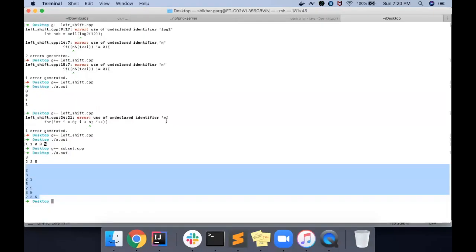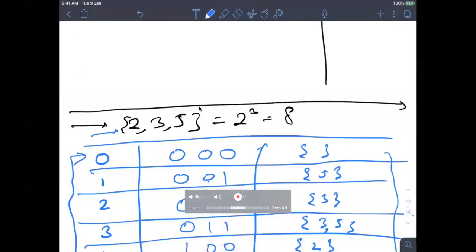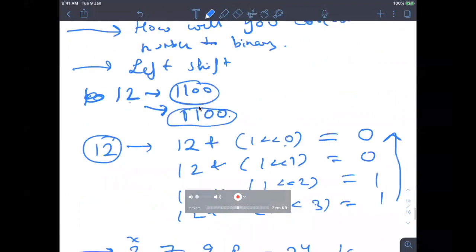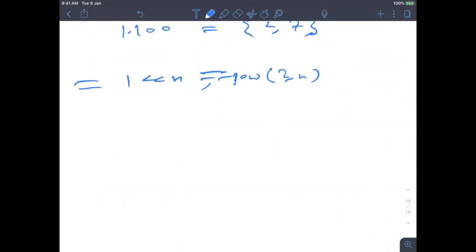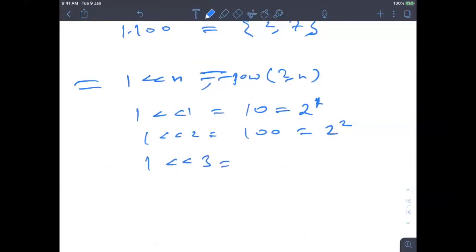Now someone is asking a doubt here: how are 1 left shift n and 2 to the power n the same? Like we discussed, 1 left shift 1 is 10 in binary, which is 2 to the power 1. 1 left shift 2 is 100, which is 2 to the power 2. 1 left shift 3 is 1000 in binary, which is 2 to the power 3.